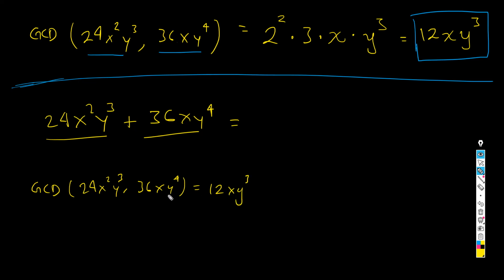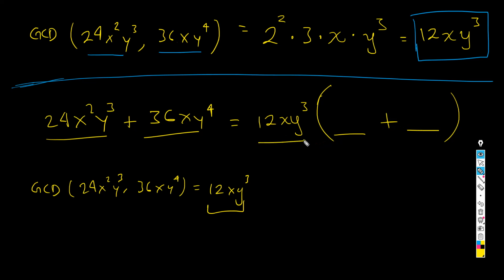Okay, let's suppose that we already found it again, and you're going to use it to factorize. How? You put it at the beginning of the factorization, like so. This is my greatest common divisor, or greatest common factor. Then you open parentheses and fill in some new terms inside them,